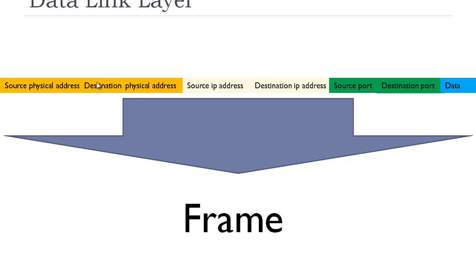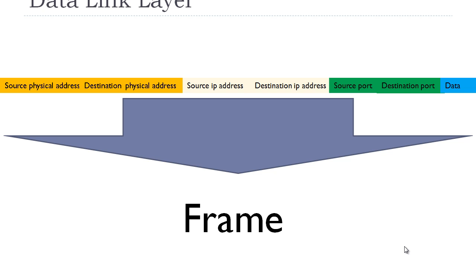I don't want to go too deep, but just keep in mind that you have to say physical address, because I see some people talking about the data link layer and they use MAC address, and that's wrong, because we don't only have MAC addresses at the data link layer. We have other names like DLC, and the list goes on. I don't want to go too deep right now, but in an upcoming video I will explain the reason why I use physical address, and it will make a lot more sense to you.